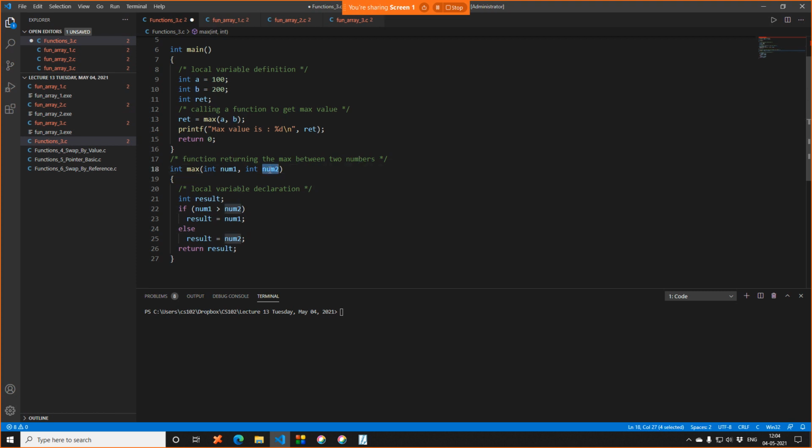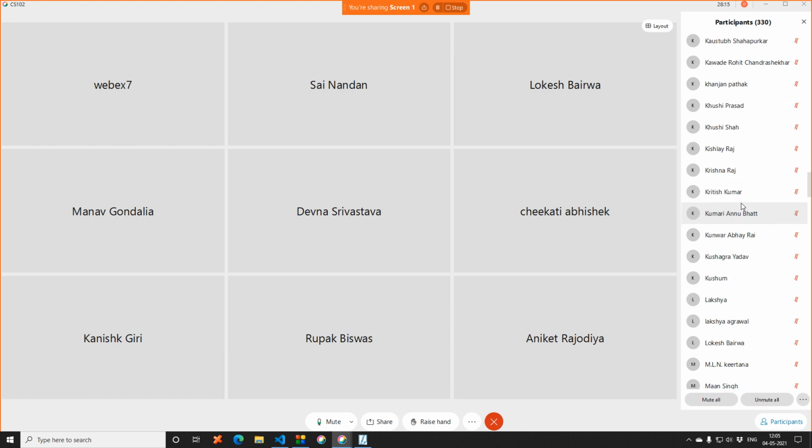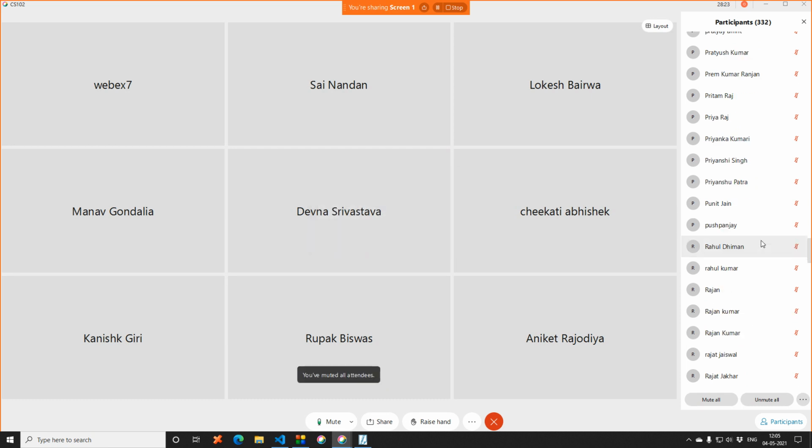It will not execute the part after this line. So it comes to this function. The value of a gets copied into num1, the value of b gets copied into num2. This is a corresponding thing, right? If I write a, b, c, d, it will be num1, num2, num3, num4, just like we say respectively in English. I mean a, b, c are assigned tasks 1, 2, 3 respectively.